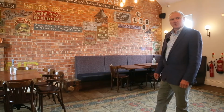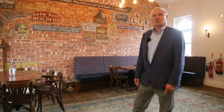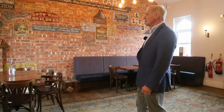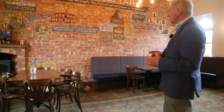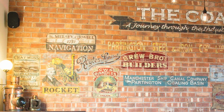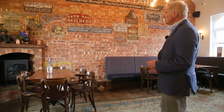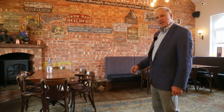We're now in a room that we call the coal yard. The reason is that this particular part of the building was actually a coal yard or coal bunker, and it's had slight modifications to make it the room we see today. But the interesting thing about this room is it depicts the histories that we've been talking about in and around Irlam and Cadishead. Starting on the far left with the agriculture of the area and the fustian cutting, when Irlam and Cadishead was little more than agriculture and two small villages nestling on the banks of the Mersey and the Irwell. It was changed by the Irwell and the Mersey becoming a navigation in 1731,